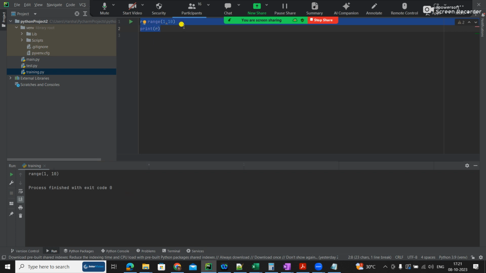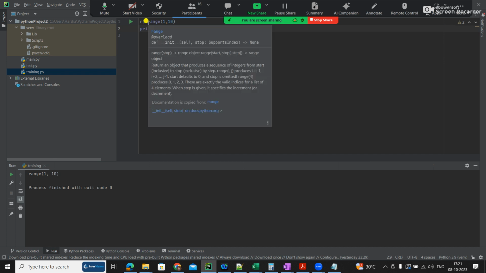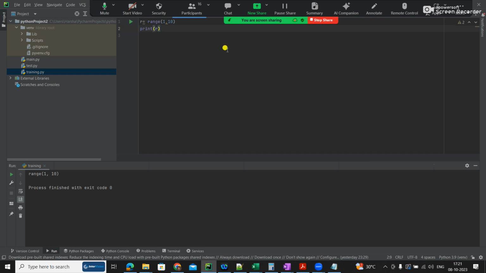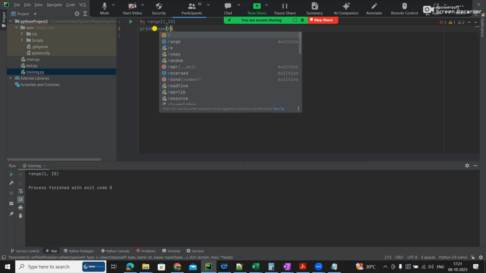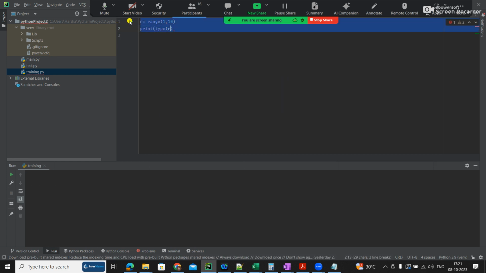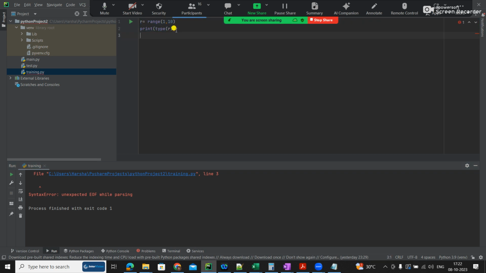Okay, first let me show the type. I will use the for loop to get this and teach you that for loop. So type of r is range.